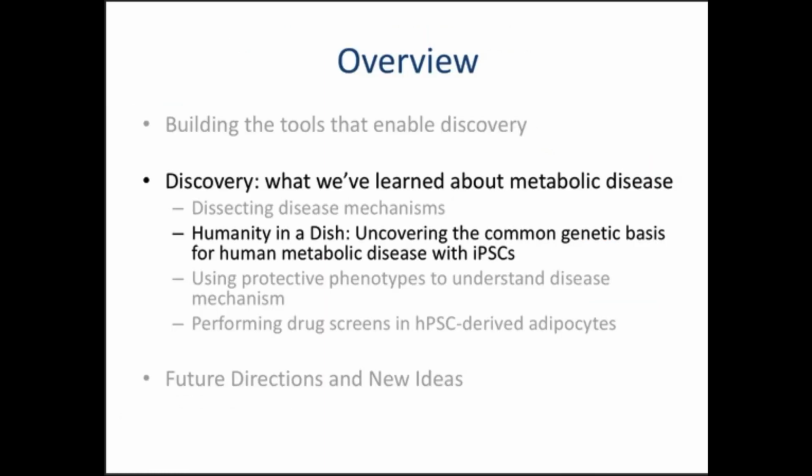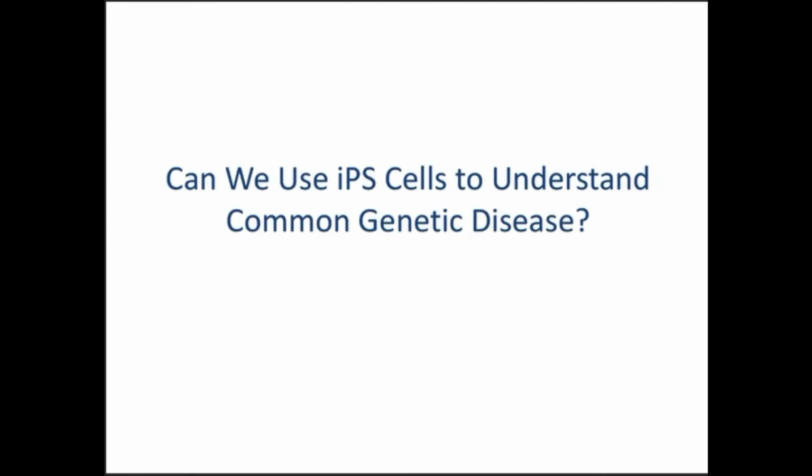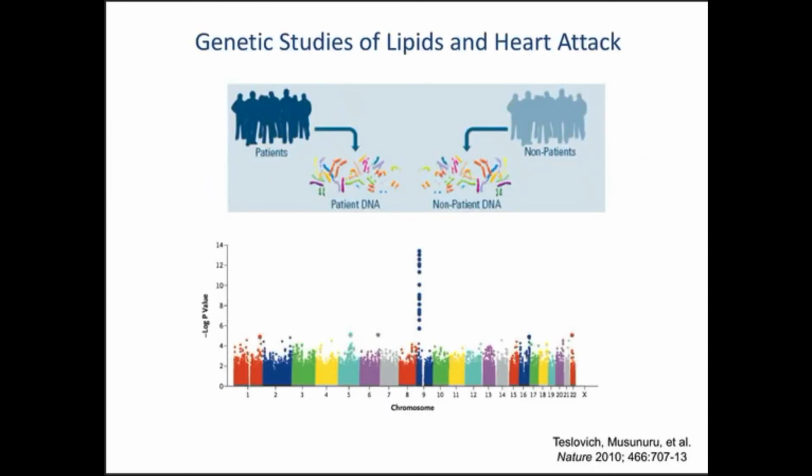So let's just change subjects, since I don't know more about it, to something else. Bharat mentioned this at the beginning, which was we chose to try to do something people hadn't done in cells yet, because what you really want to do is not understand this really, really rare patient with a monogenic disorder. What you want to do is understand something about the people that come to the hospital every day and have metabolic disease. And so we sort of pushed ourselves to ask the question, could we use iPS cells to understand common genetic diseases, these things with really subtle, mild effects? The problem there is it's a bigger issue. So the way in which you do the genetics of these common genetic diseases is you get thousands of people, and in fact hundreds of thousands of people.